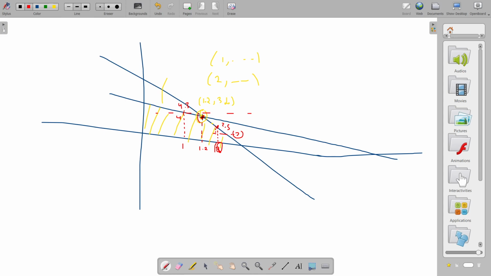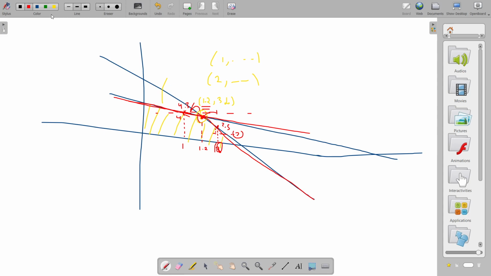But this point can be fractional. So we just check locally: the floor value, which is the integer closest to this point of intersection but less than it, and the integer which is just greater than it. When I fix the x coordinate, I will find the floor of the y coordinate. It will lie on this line or this line, so I have to find the y coordinate for it and take the floor of the y coordinate, and that would give me the best answer for the problem.